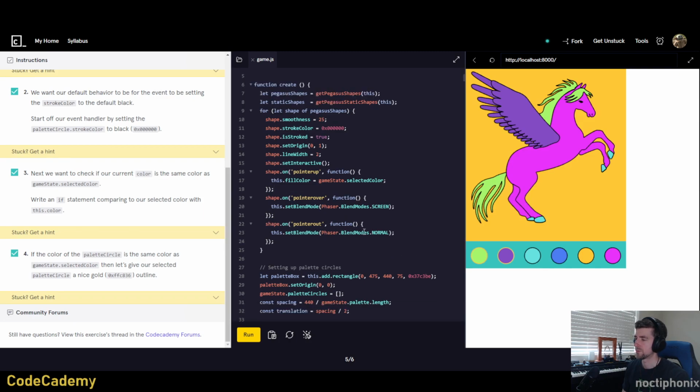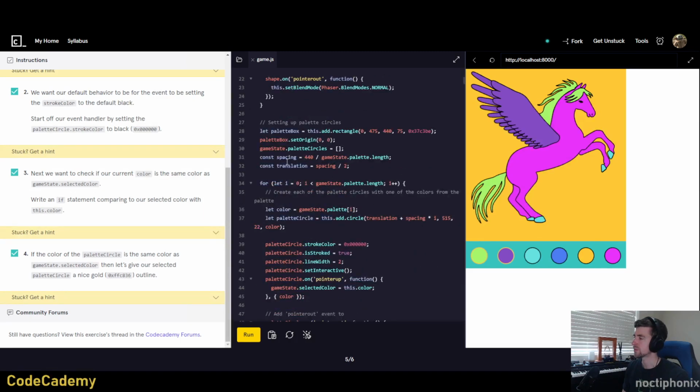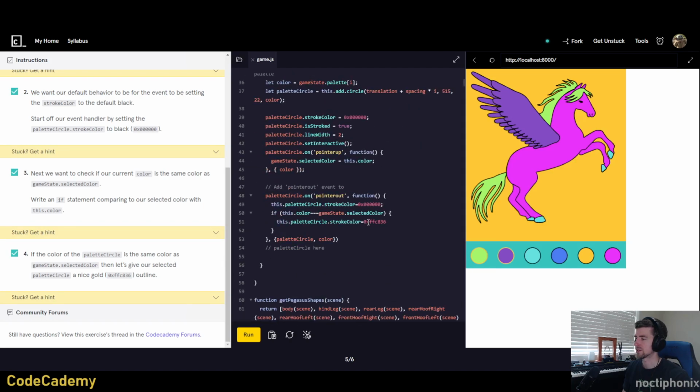Let's see. Where were we? We were at this line here. So far we have a check to see if the color is equal to the selected color. So if you've clicked it, and you move your pointer away, then it turns into gold. We need an else statement here. Else, if it's not, like,